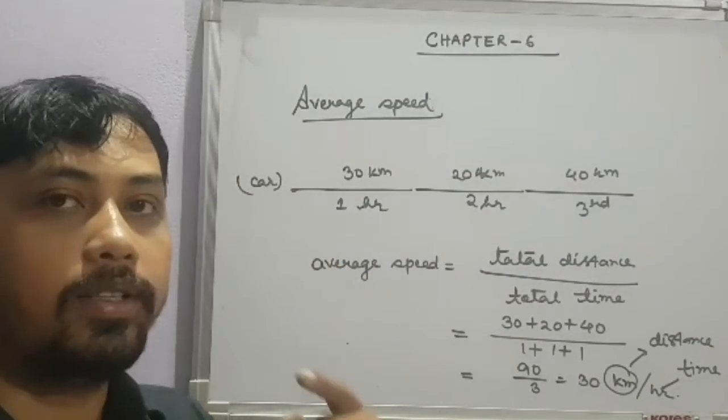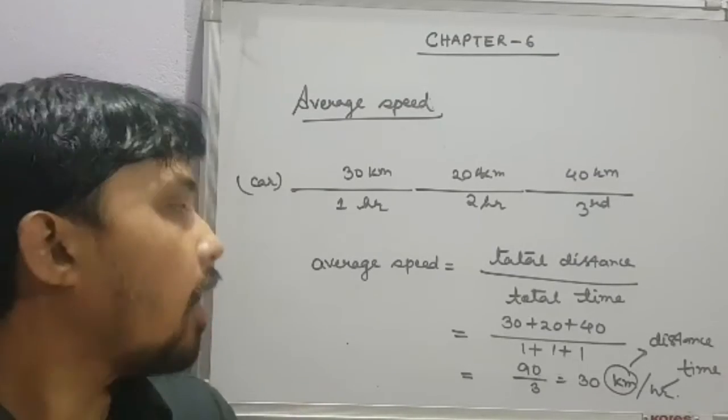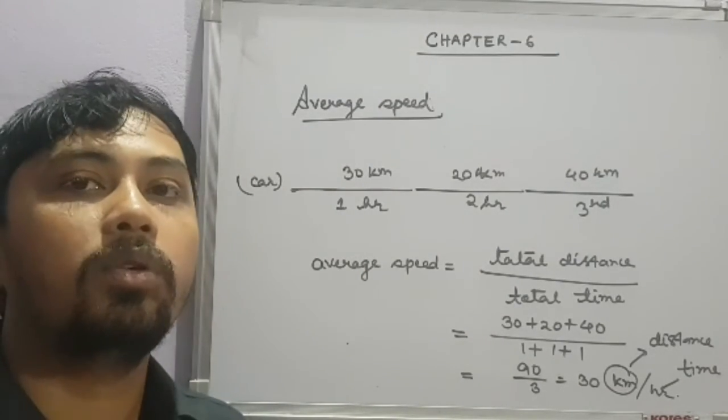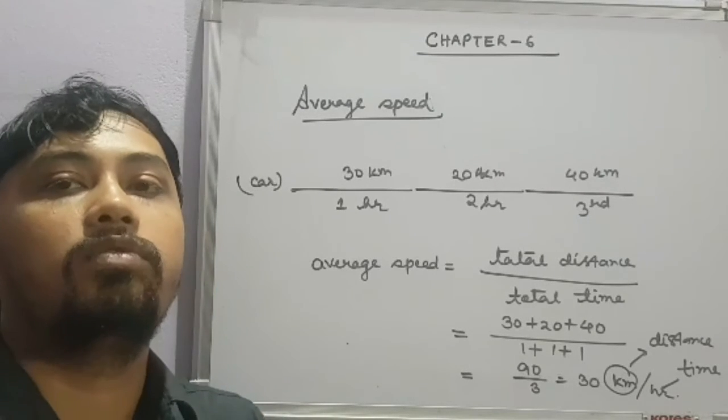So in this video we have learned what is uniform speed, what is variable speed, and how to calculate average speed. In the next video we are going to learn how to convert the units of speed from one form to